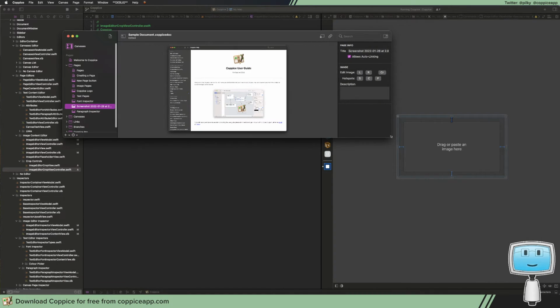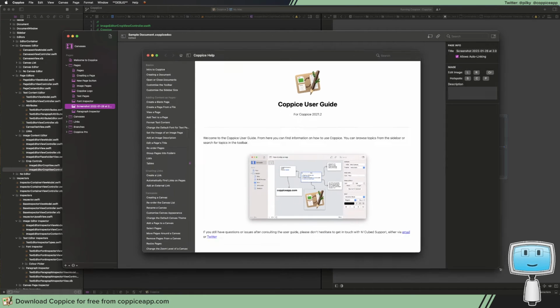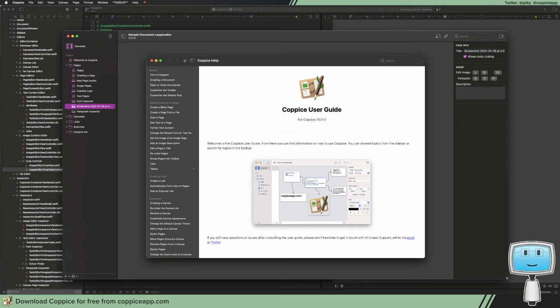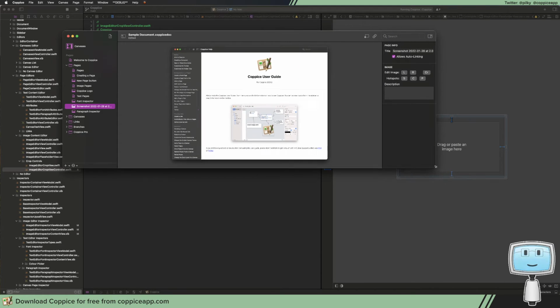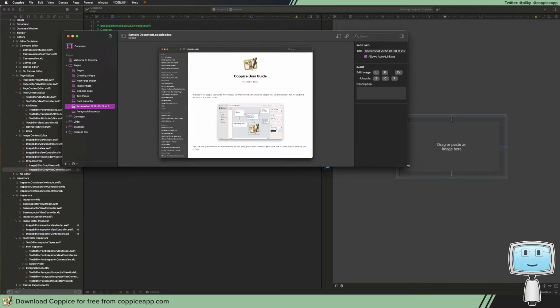But for the edit mode, we have it, because when you scale down, it's going to scale